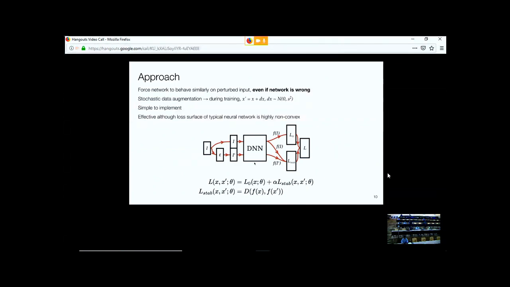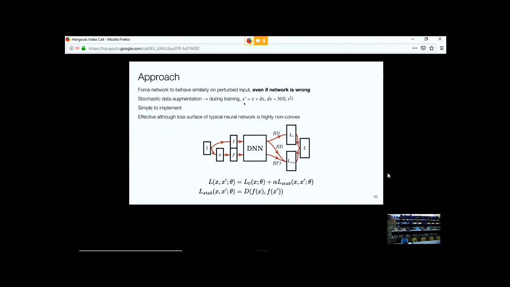Then both go through this neural network, and you basically get two outputs. Your original classification loss is only computed for the original unchanged image, and then you just regularize the network to be similar on the original plus the augmented image. This differs from traditional data augmentation, where you, for instance, would compute L0 on both the original and the noisy image. So a slight difference there.